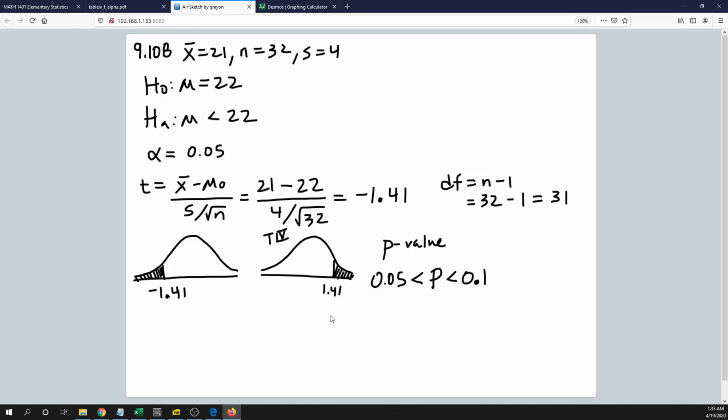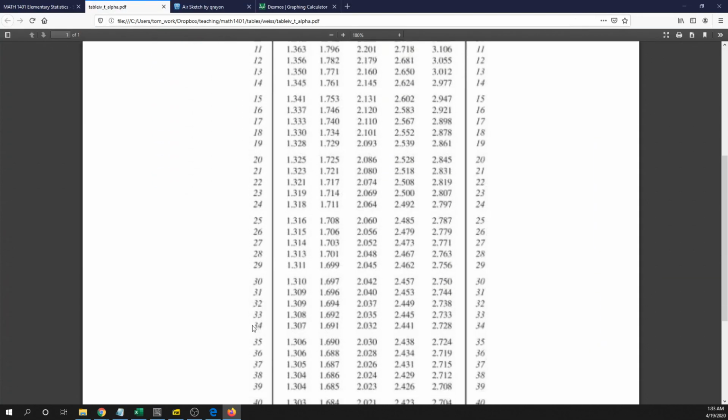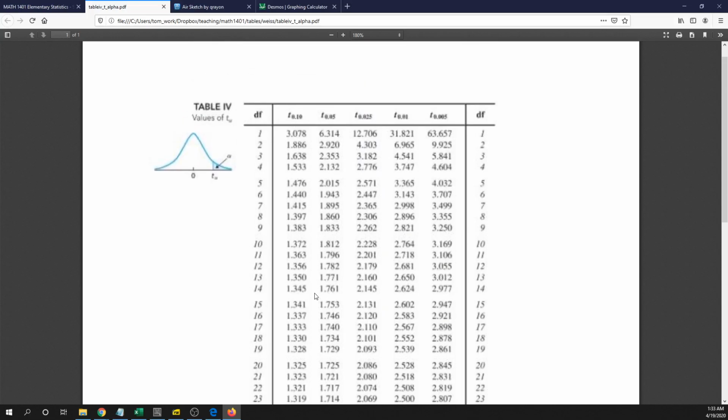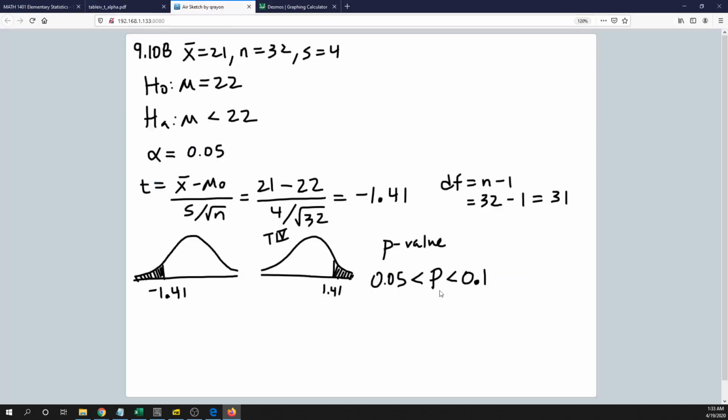So again, I looked up this number in the table, 1.41 on the row for 31. It was in between these two numbers right here, okay? And so then I go up and I look, that means our p-value is in between 0.05 and 0.1. So that's what we have, okay? All right, so again, this is different in that I am not going to be able to calculate my p-value exactly using the